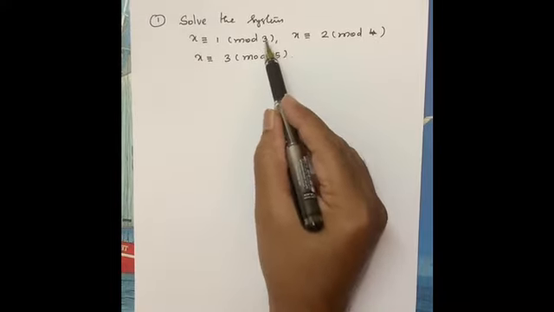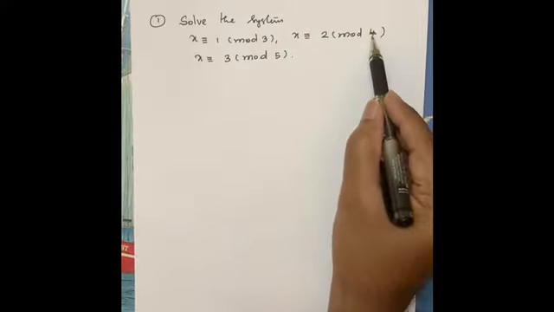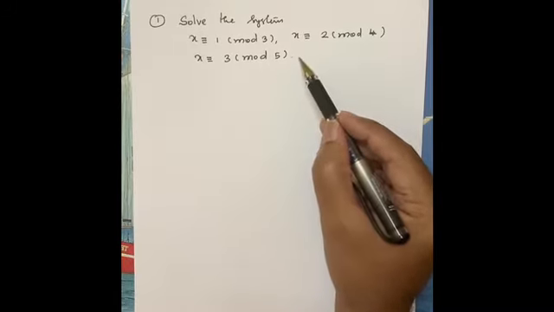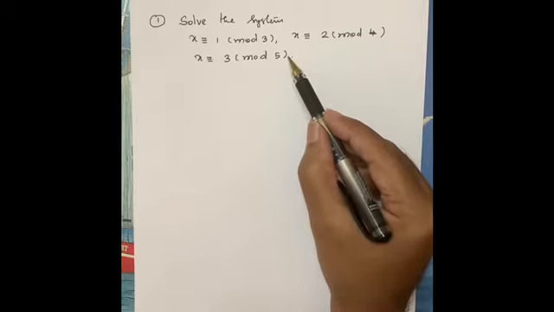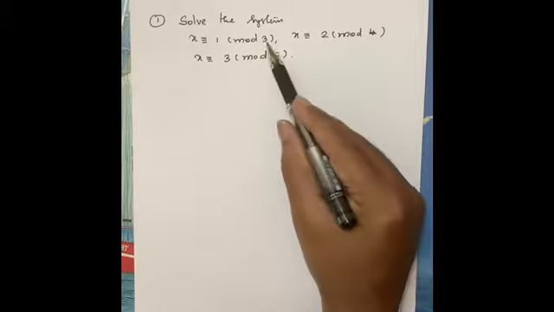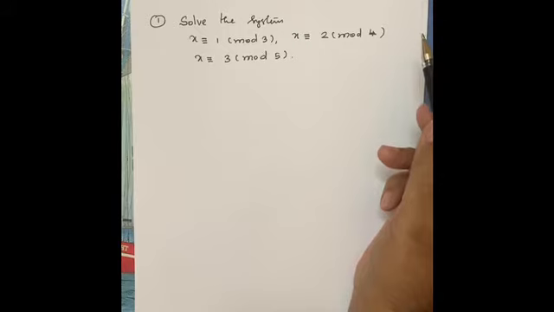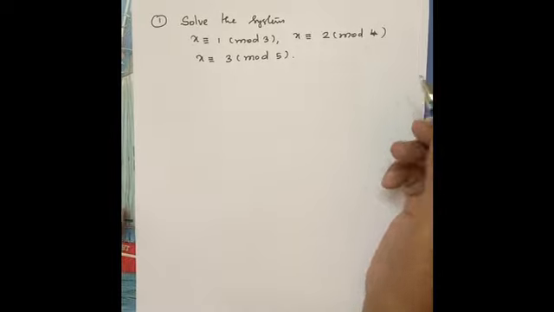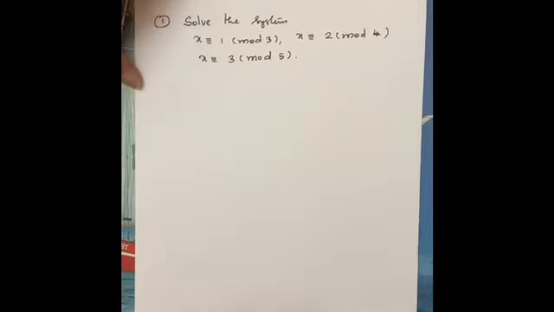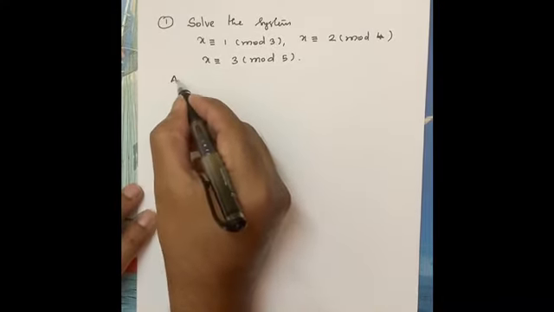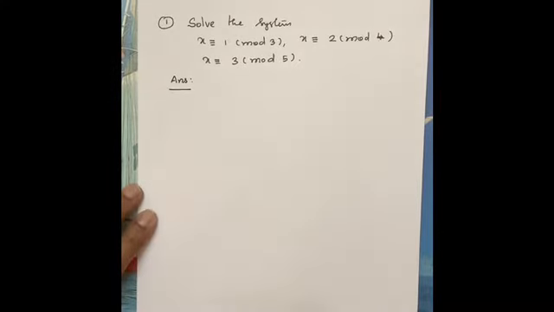Now you have to see what is inside the bracket, what we have modulo 3. 3 is the number, it is m1. Here this is m2, this is m3: 3, 4, 5. These three are positive integers. They are pairwise relatively prime. 3 and 4, what is GCD? 1. 3 and 5, what is GCD? 1. 4 and 5, what is GCD? 1. So every pair of these mi's is relatively prime. Okay, so using the Chinese remainder theorem, we are going to solve this.